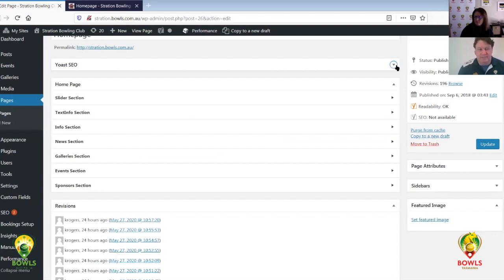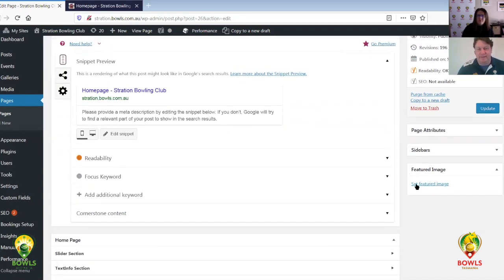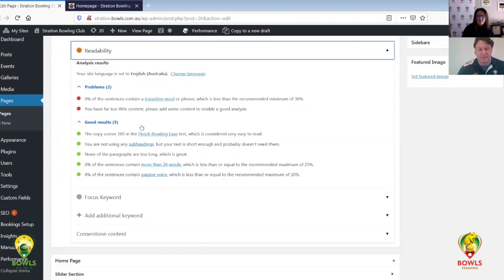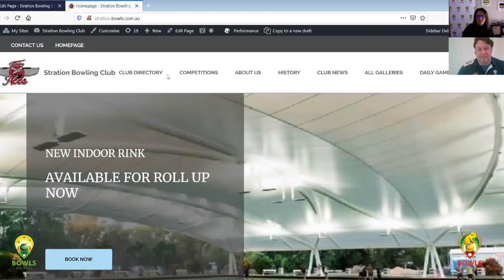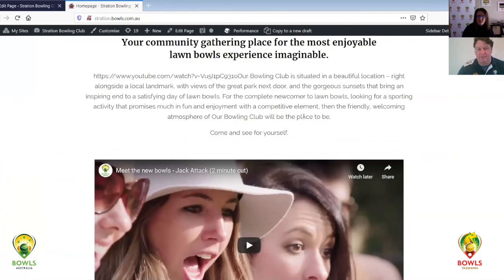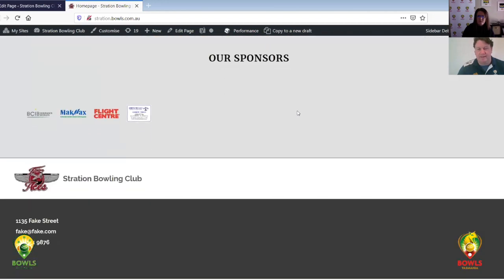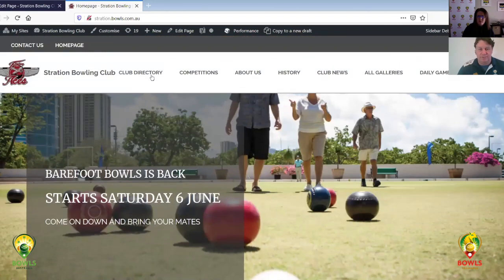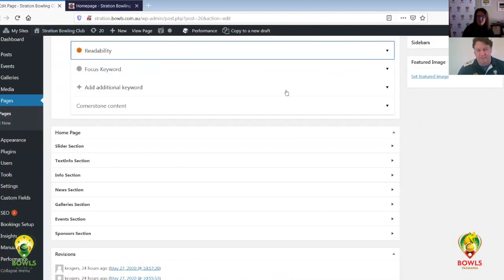I don't necessarily agree with a lot of the way that they index it. They have very mathematical algorithms behind how they work. So although they say that the readability of this page is average, and it says there are 0 transition words and too little content, I wouldn't necessarily agree with that. I think if your page is conveying to people what you want it to, then that is probably the most